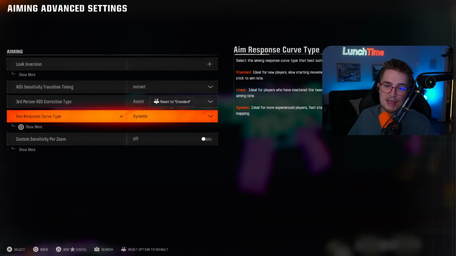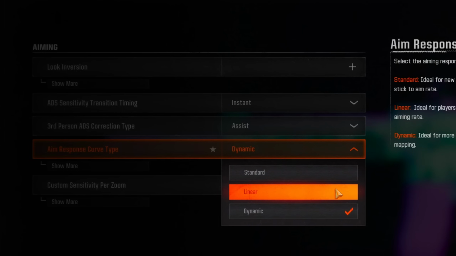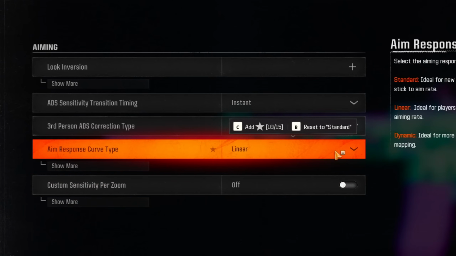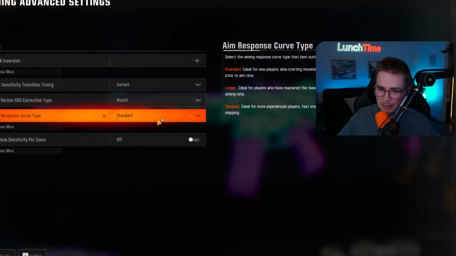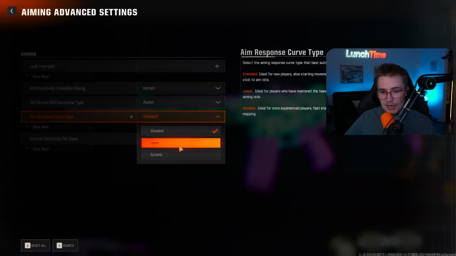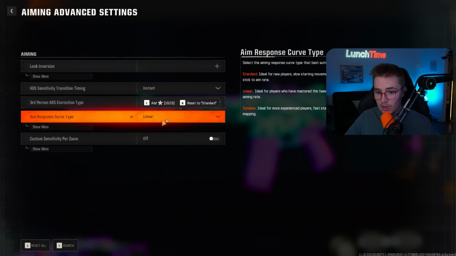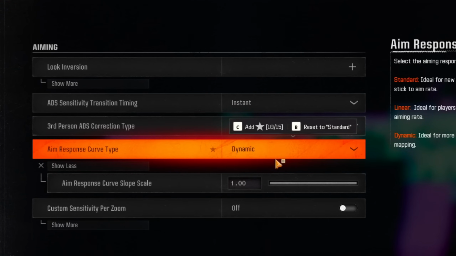Mistake number 8 is not playing on the dynamic aim curve response type. Now, a lot of people have actually tried linear, and if you're somebody that performs well with linear, I won't tell you not to use it. But what I wouldn't do is leave this on completely standard, because a lot of people don't even go into these settings and change this. So again, if you're somebody who's gone from dynamic to linear and you're playing really well, I'm not going to tell you to change it. If you're somebody that hasn't touched this setting yet, you want to make sure that this is on dynamic,